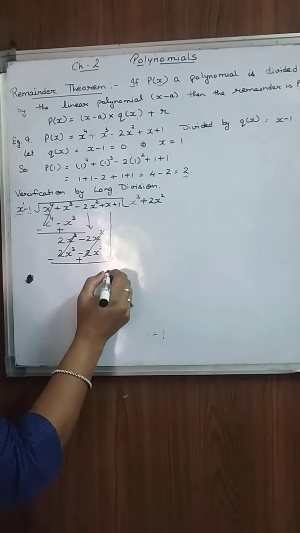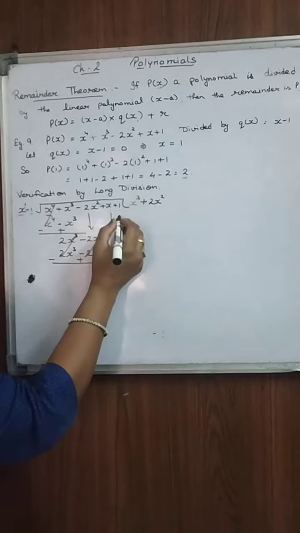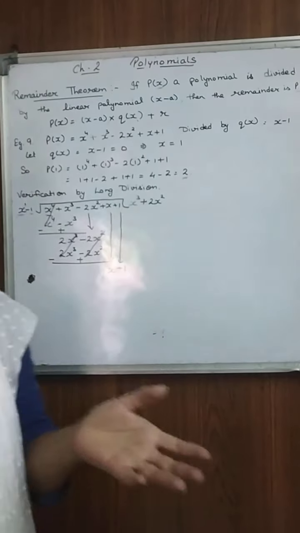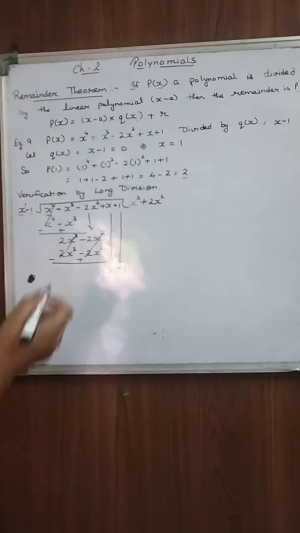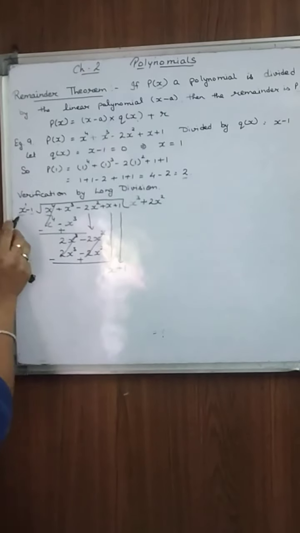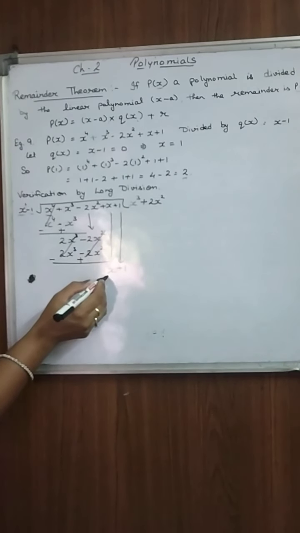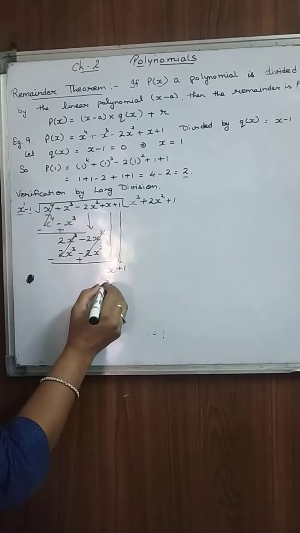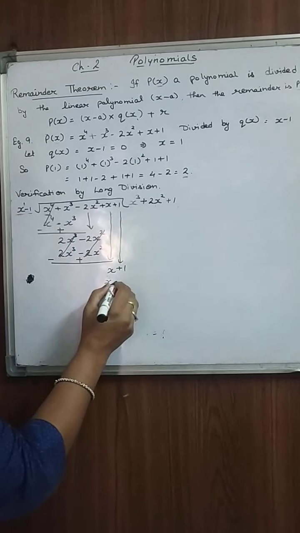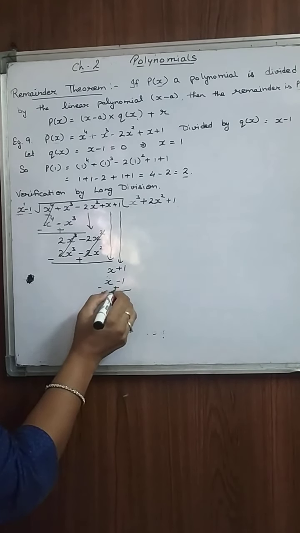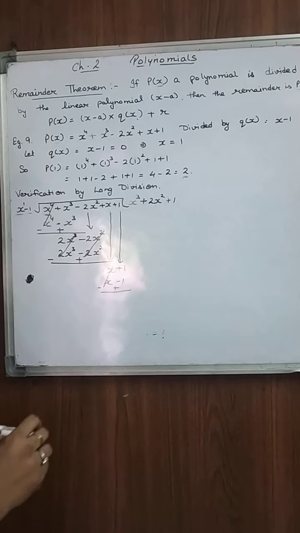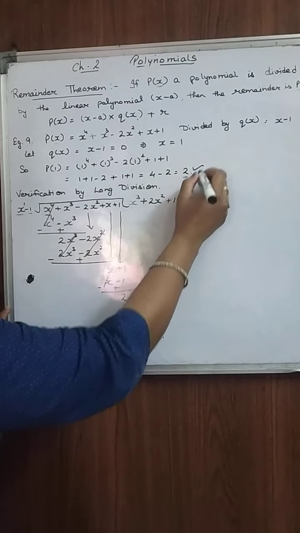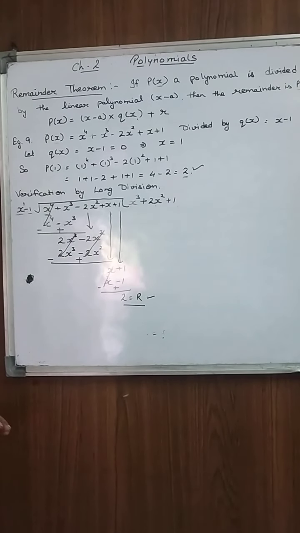Let's bring the next term, x. It will not be divided only by x, so we can bring the next term also. There is no concern here related to decimals and all, so you can simply take the next term also. Now what should be multiplied with this? I think no need to multiply anything, but you have to write something. So it will be x ones are x. Now plus 1 into minus 1 is minus 1. Now signs will be changed. We have got x minus x is 0 and 1 plus 1 is equal to 2. So it is verified that our remainder here and here is equal.